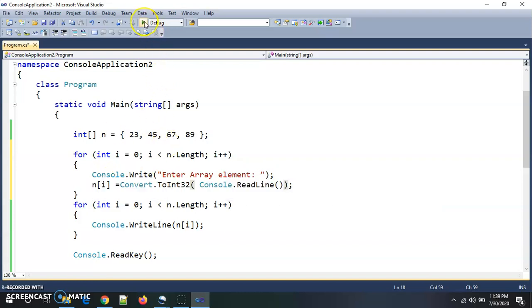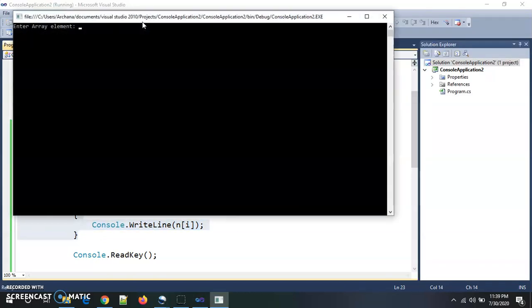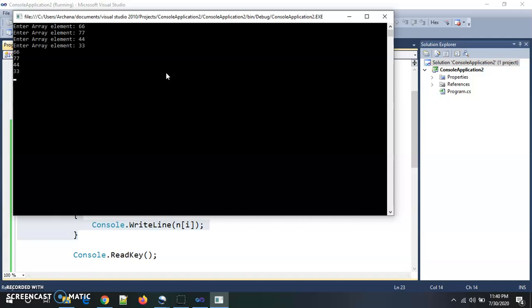Now if I run this program, these are only the initialized values, and these values are overwritten, and these updated values will be displayed here. So we will check by running our program. Enter array element. If I give 66, then 77, then 44, then 33, it gives me the same values as I have given at runtime.